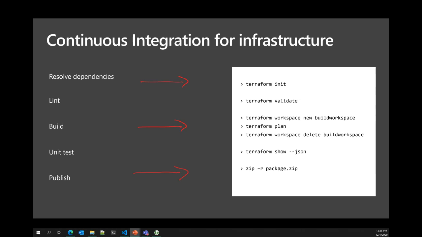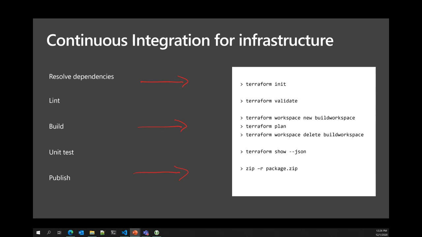And then we don't really need that workspace because we're not actually going to apply this plan. And this is kind of the key point. The plan that we generate here is literally just a validation of, does it build? Does this work? So the plan gets spit out, but we're not going to run that plan. I'm going to talk a little bit more about why in a minute when we get into the CD phase of things. So we generate that plan, and that's our build validation of the code.